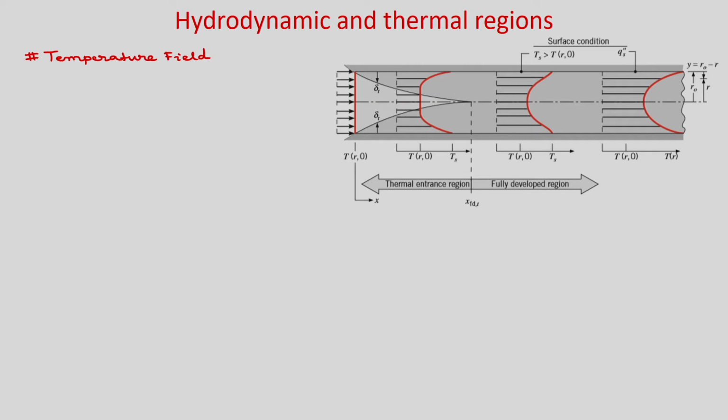So, similarly, when your fluid enters at the inlet, you have a uniform temperature T I. Now, when it comes into contact with the wall, which may have a uniform wall temperature or uniform wall heat flux boundary condition, your thermal boundary layer thickness will grow and merge at the central region. Up to that region it is known as the entrance region, and the distance from x equal to 0 is known as the thermal entrance length.